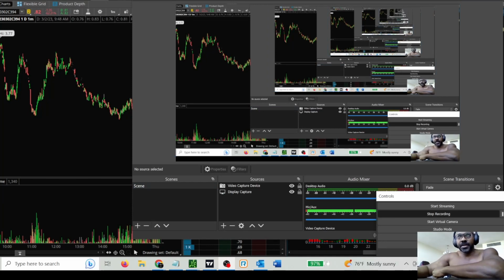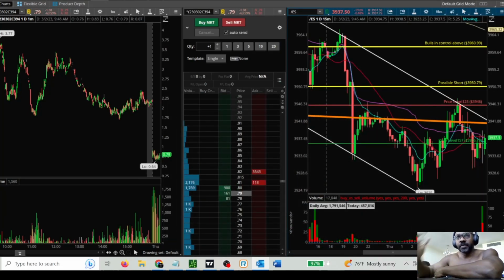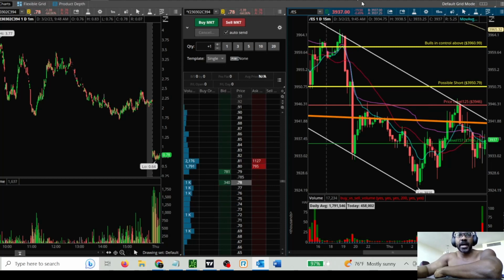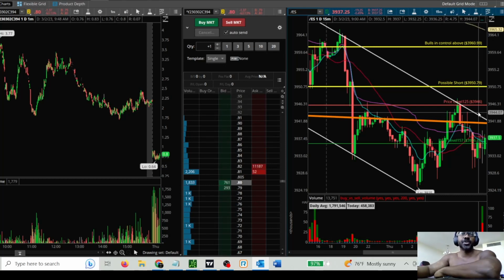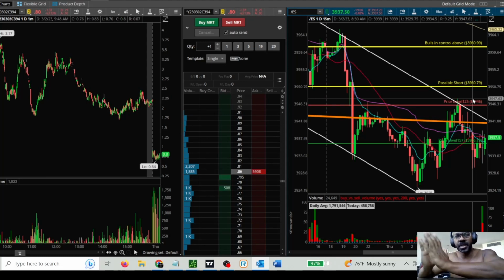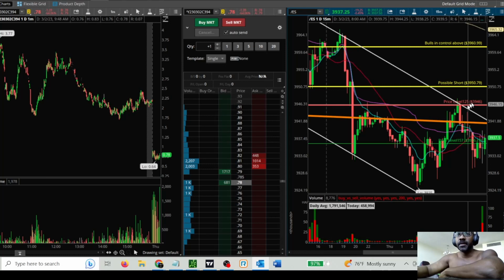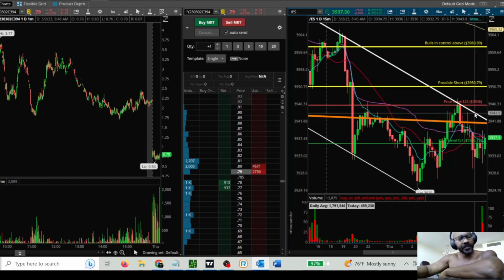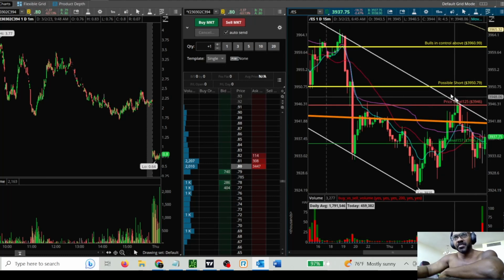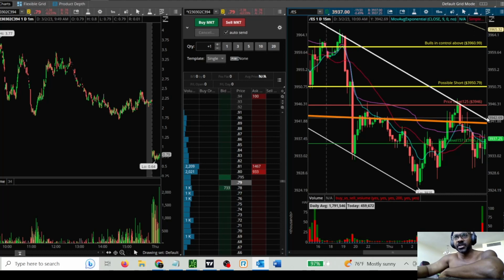Hey, so I had a thought, because I'm an airhead. It seemed kind of obvious. I was talking about why I wouldn't take this long because of these possible resistances, and I realized, well, maybe there's a point where I could take it short. The only problem is these resistances aren't really concentrated in any one specific point. 3950 is up here. The supply is further down here, and this channel that I found here, the only two things that are confluent is this channel and this